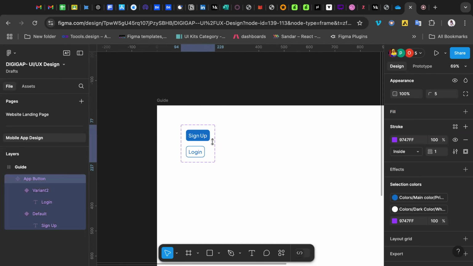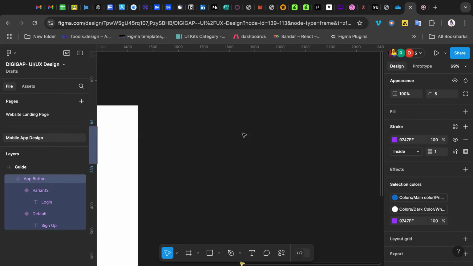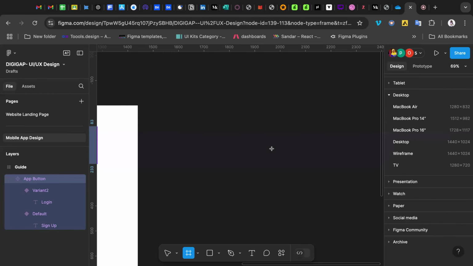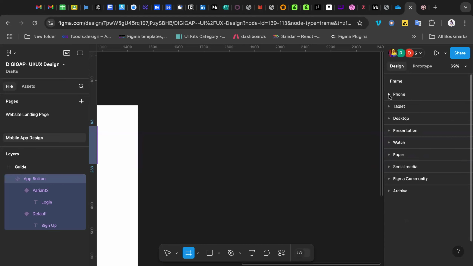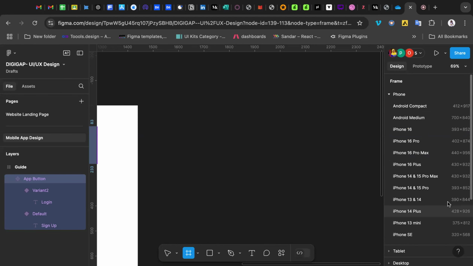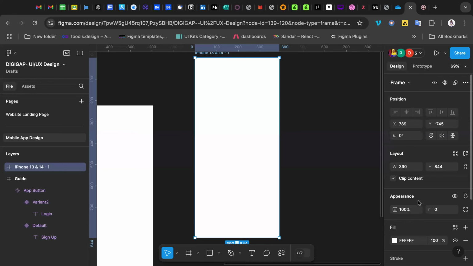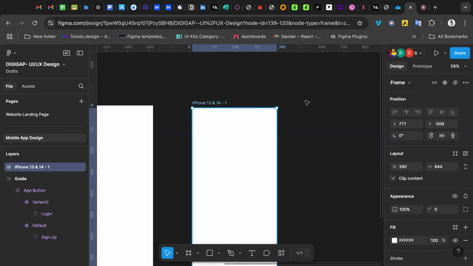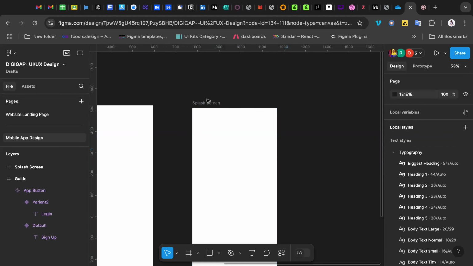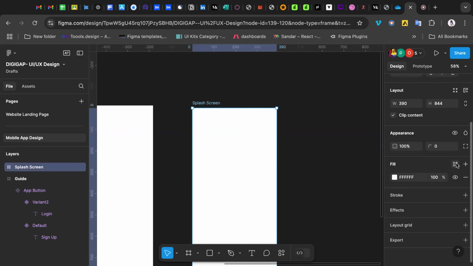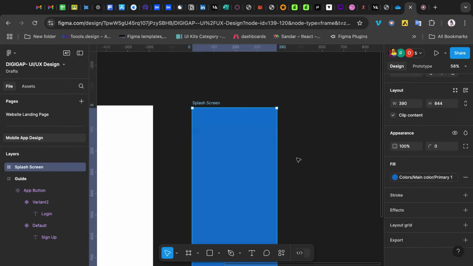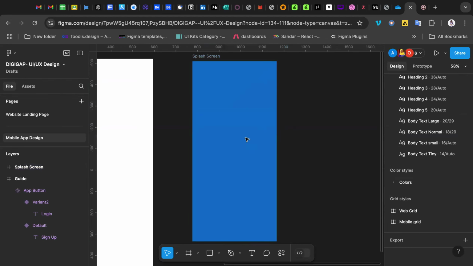So the next thing I'm going to do now is I'm going to come to this place and use my mobile. So I'll be using iPhone 13 and 14. So that's what I'll be using. Now this is the frame I'll be using. First thing I'm going to do is change the name to splash screen. So once I change to splash screen, I will just change the color. Since it's a splash screen, I will be using this blue for my splash. So I'll be using a dummy